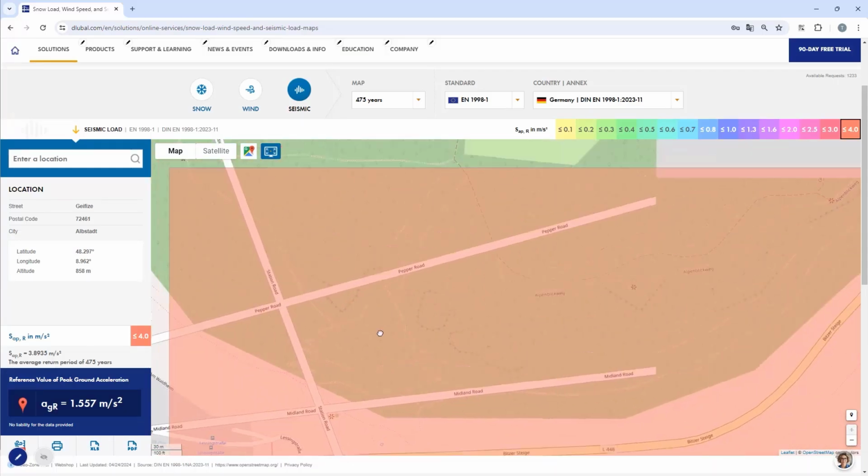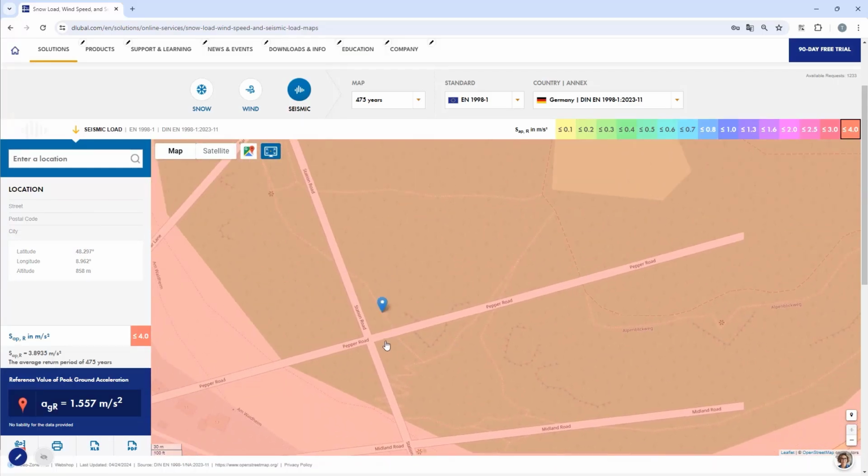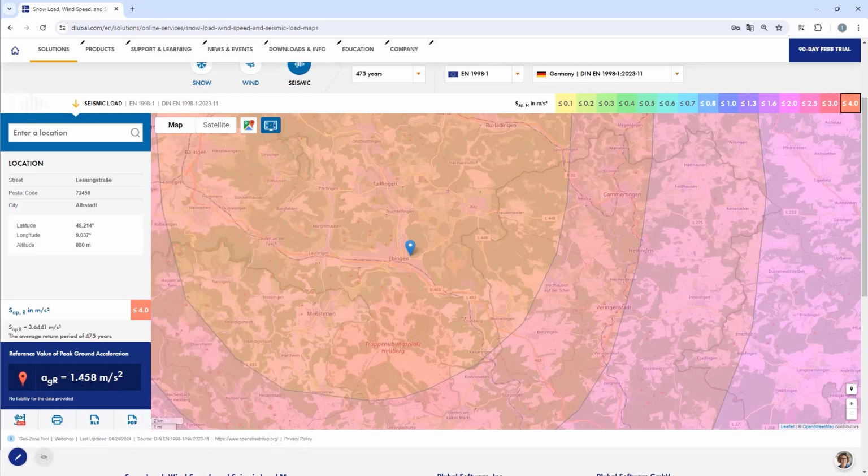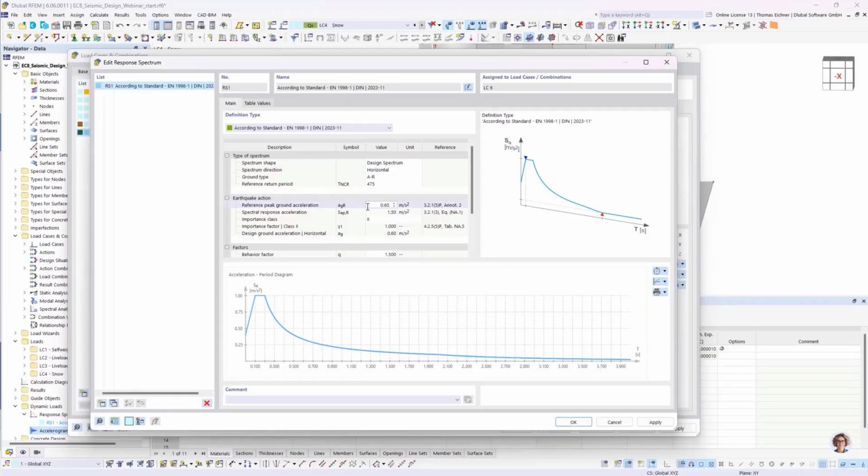There are some sheets. We're gonna create a new one right here. And okay, now it's selected. Now we can take our AGR value, 1.458, back to the program. 1.458, and